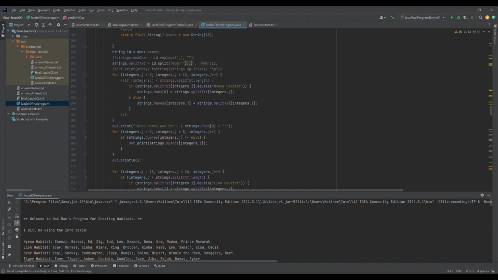So I'm saying between integers and integers j. This is literally like the j index. Normally you use i first, but I just decided to use j in this instance for animal names. Okay, so